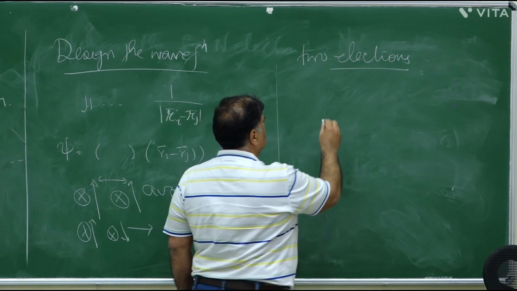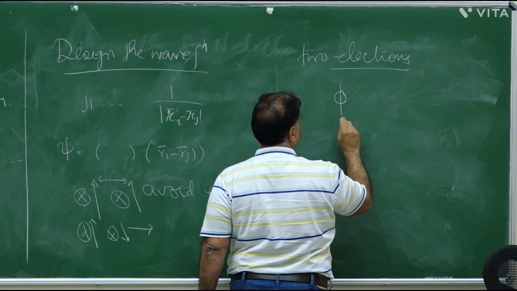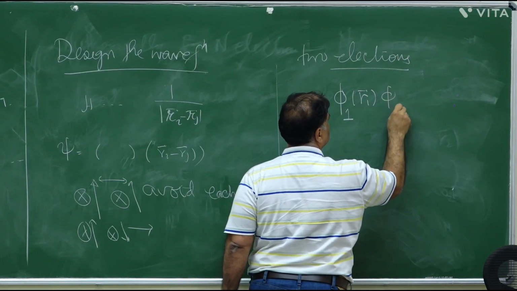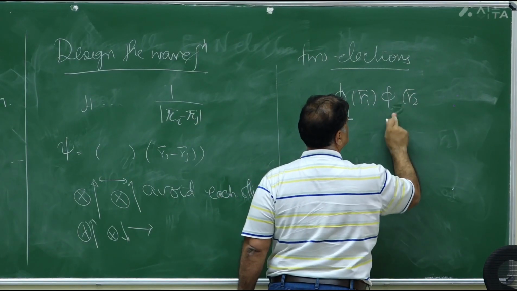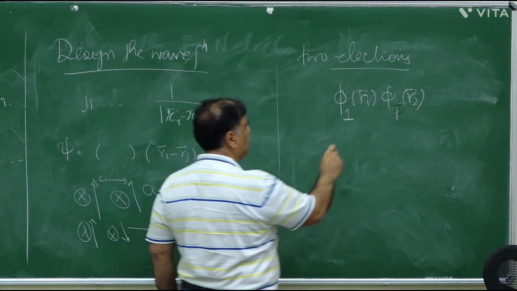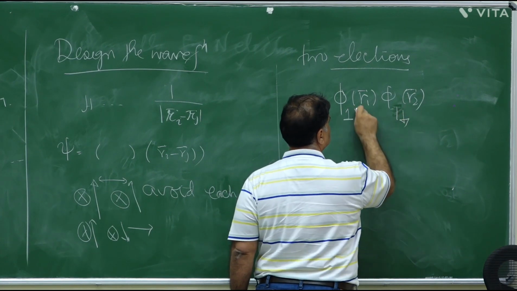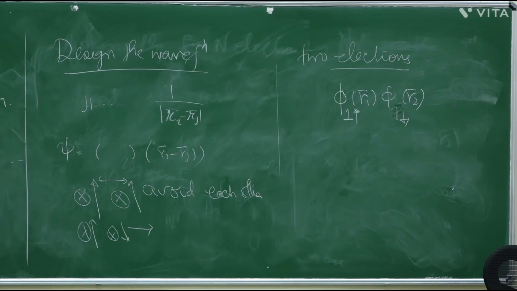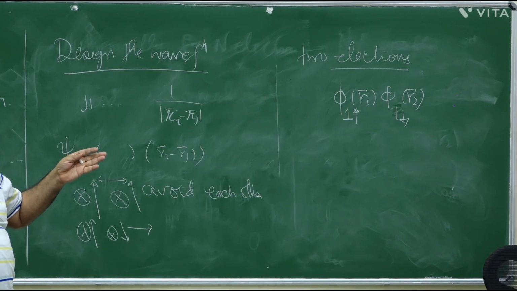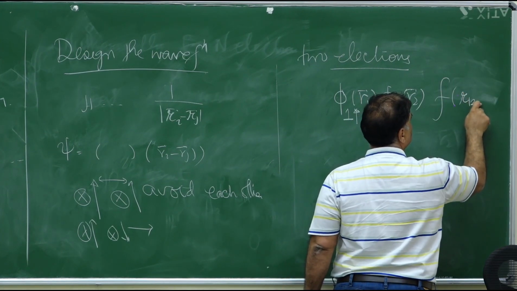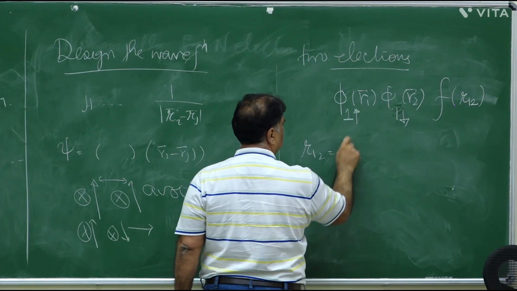Now non-interacting, we said that the orbital is going to be phi, let's say first one, phi 1 of R1, phi 2, or phi 1 itself, of R2. But now, let's say this is spin up, and since they're both in the same space orbital, spin down, so there is no question of exchange. Exchange is only between parallel spins. Now what I want to do is, I want them to spend more time away, right, because they're repelling each other. So I may as well multiply this by a function of R12, where R12 is mod R1